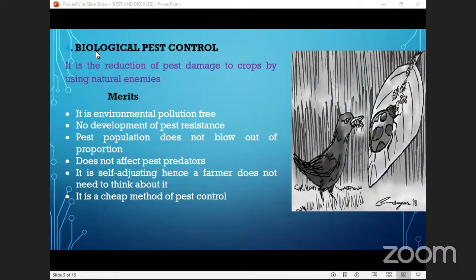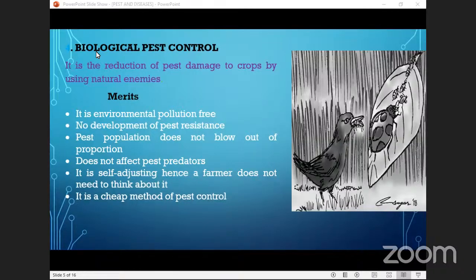because we have seen other methods such as chemical pest control whereby a pest has ability to withstand the effectiveness of a particular pesticide. But once we use this method, there's no way it can be resistant. It cannot be resistant to be eaten by the hen or any other organism. The other advantage, pest population does not blow out of proportion. It does not go out of control. A manageable number of pests can easily be found inside the